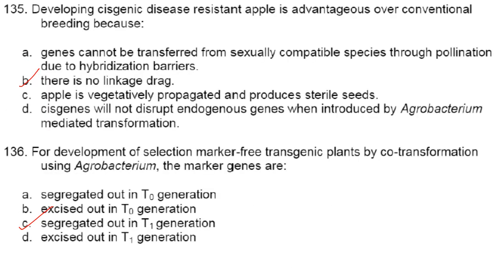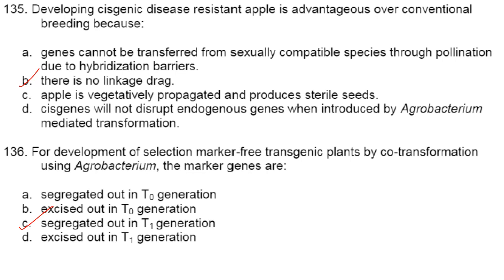Developing cisgenic disease resistant apple is advantageous over conventional breeding because cisgenic is the genetic modification of a recipient plant with a natural gene from a crossable sexually compatible plant. Cisgenic plants are presumably considered safer than those produced through conventional bred plants because of the lack of linkage drag. So the answer here is option B. There is no linkage